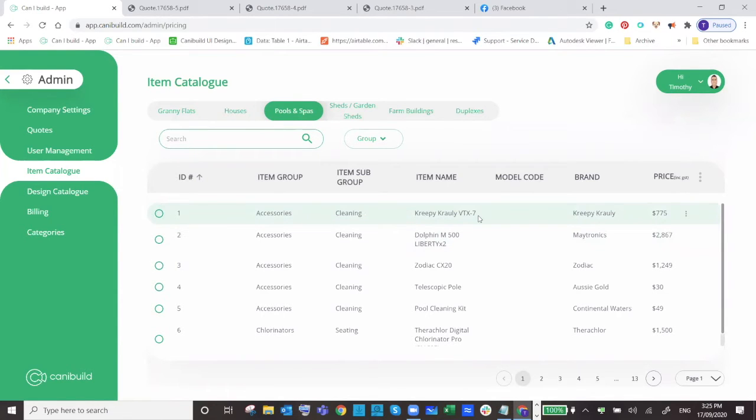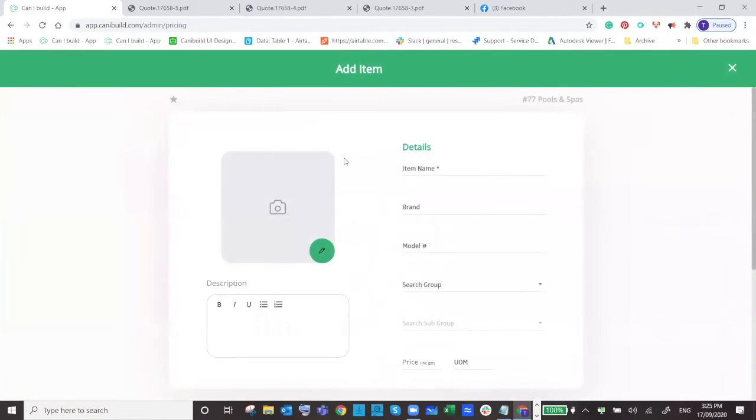You've got your items, you've got your prices, you can search in the same way, and then you can start doing things like import your entire pricing catalog, so your list of items that you're working with. You can export into a spreadsheet, so you can export into alternate systems, or you can just export it to update in bulk, or you can just add a new item, and adding a new item is as simple